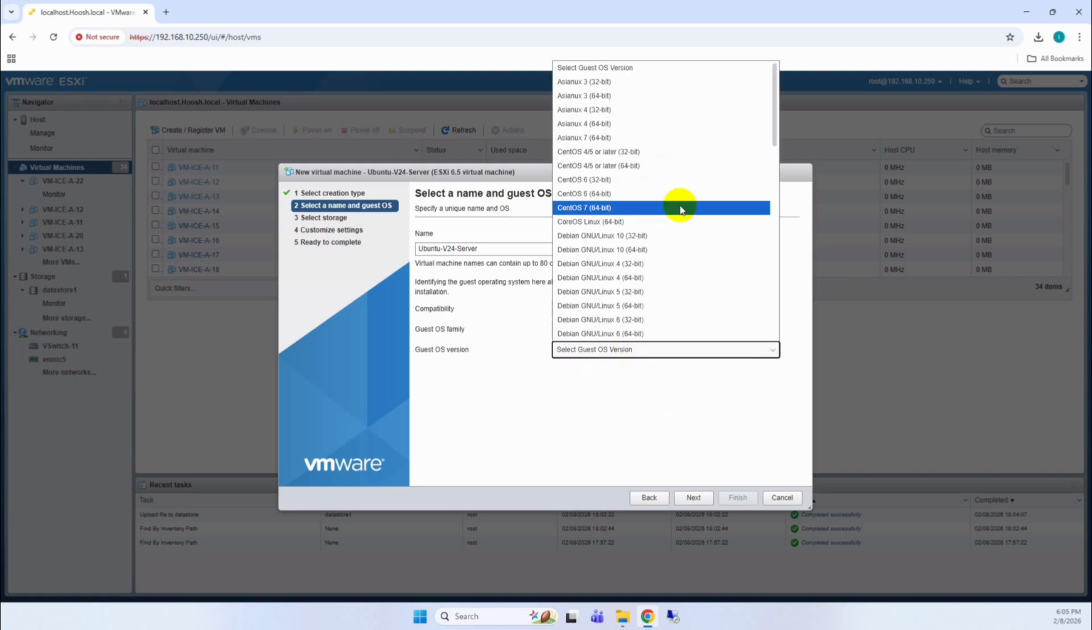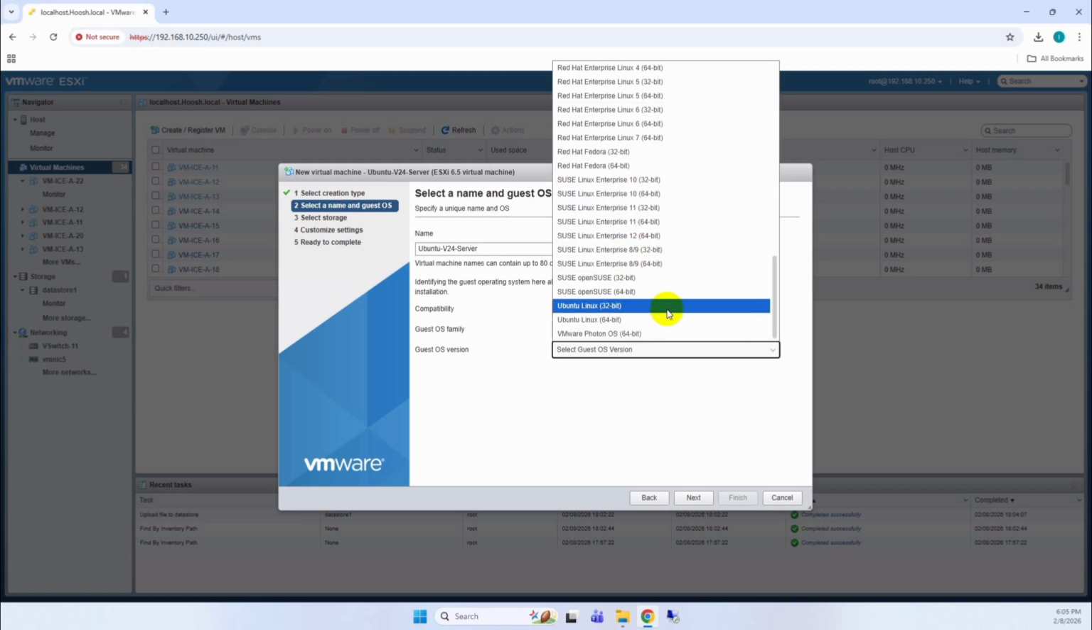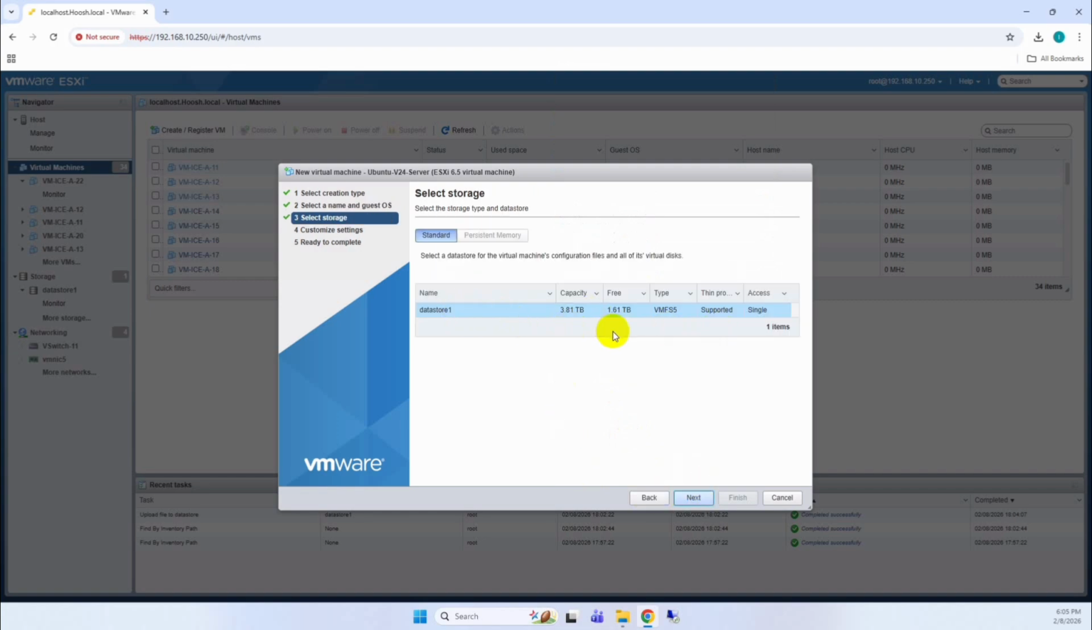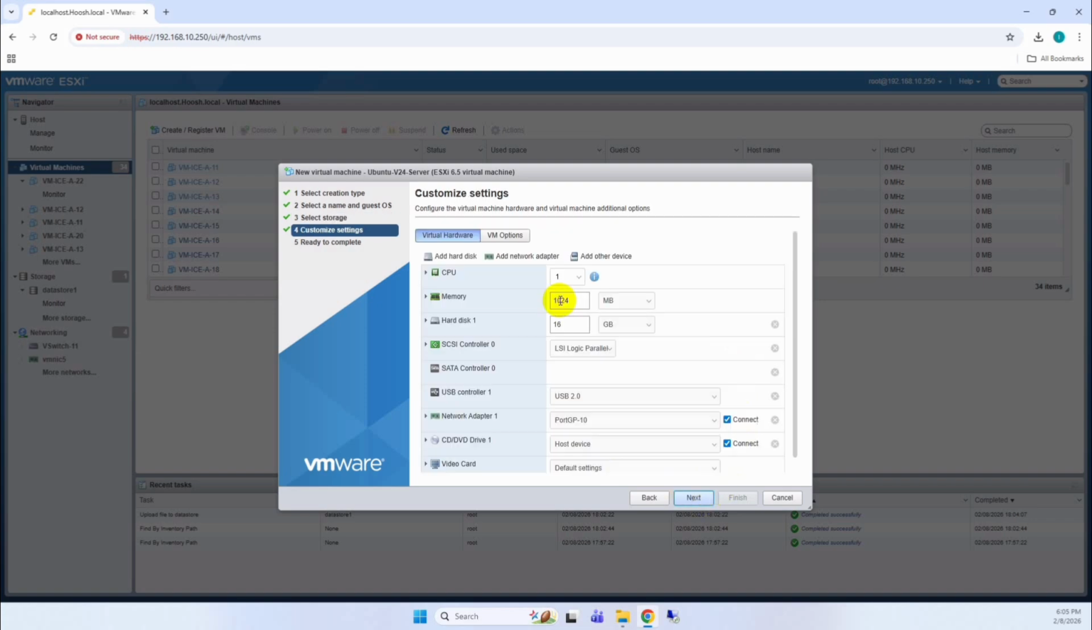Then you have to select the type of OS from that family. Some are included like Asianux, CentOS, Debian, and a lot more, but a lot of them are not covered. But we have Ubuntu right here, so I'm going to select Ubuntu Linux 64-bit, and I'm going to hit next. You have to select your datastore. I have one, so it's just pre-selected. I'm going to hit next, and you have to give it the amount of resources you want: virtual CPUs, memory, storage,